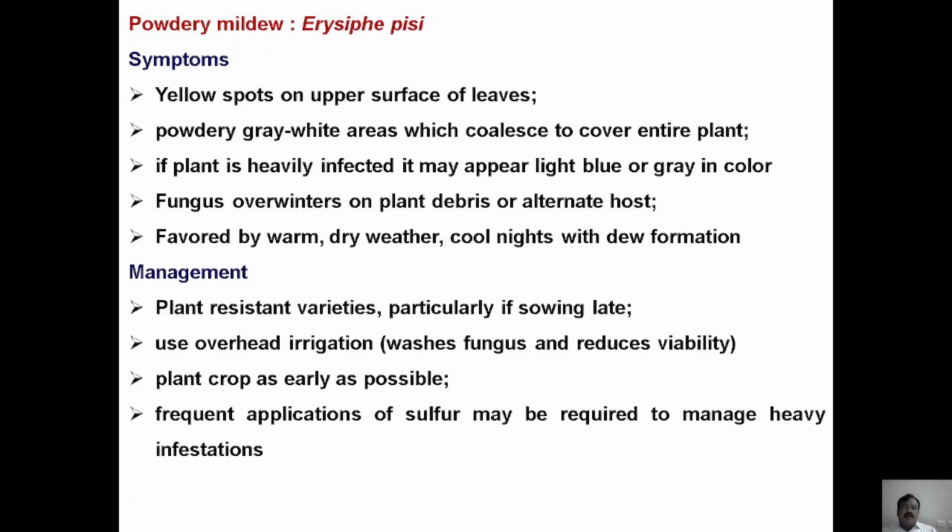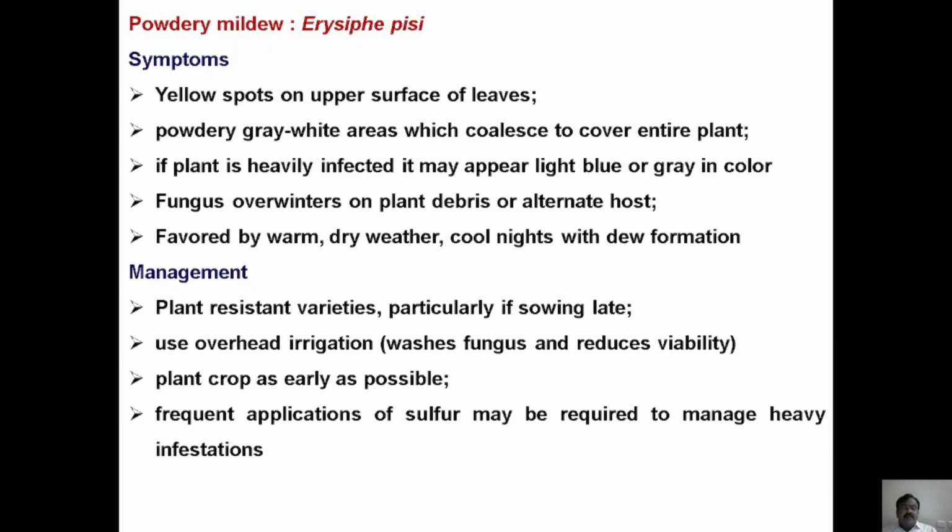In the affected dried leaves, the fungus produces the sexual ascocarp called chasmothecium. So the fungus overwinters in this plant debris as well as on alternate hosts. Generally, powdery mildew is favored by warm, humid weather, and cool nights will also be helpful for the further spread of this disease. Use the resistant varieties,